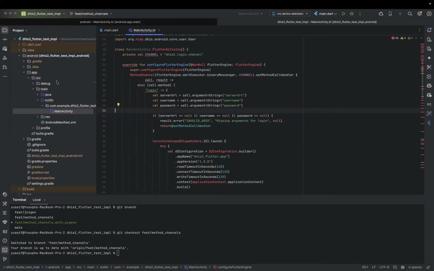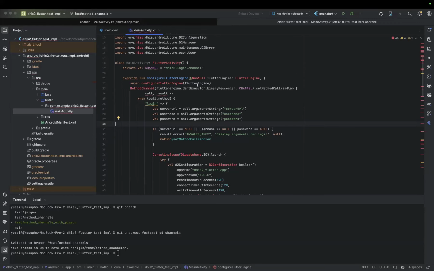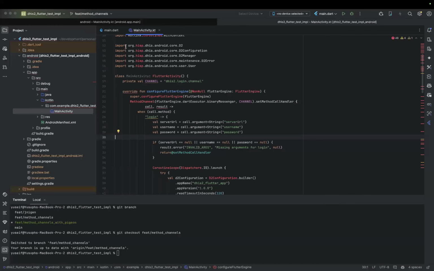So I had to open this Android part as its own project, so that Android Studio handled the dependencies, did the Gradle sync and everything, so then we can get auto completions, which is really very useful.